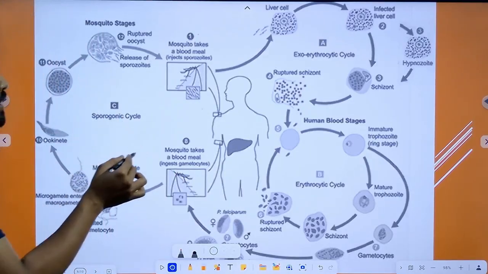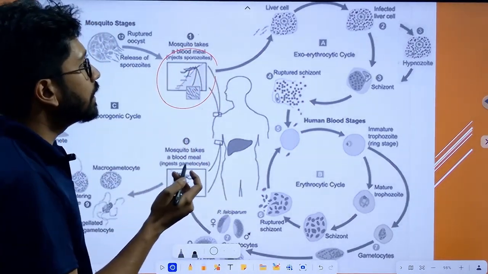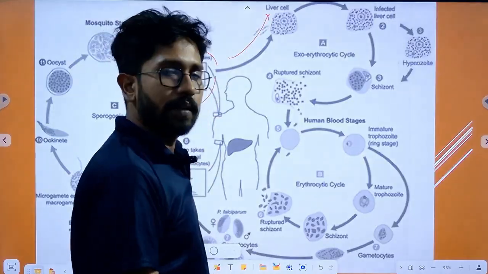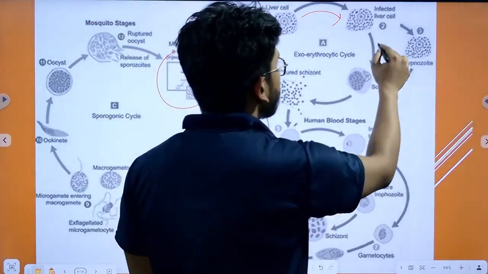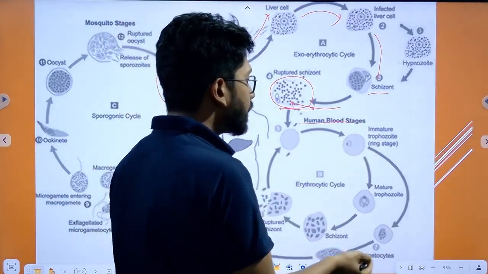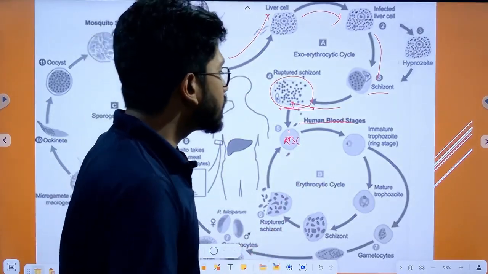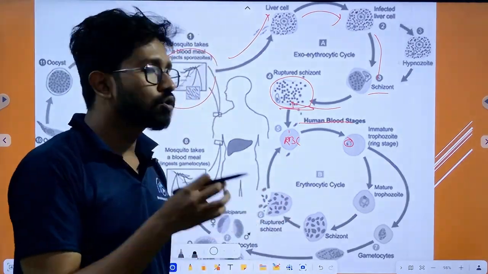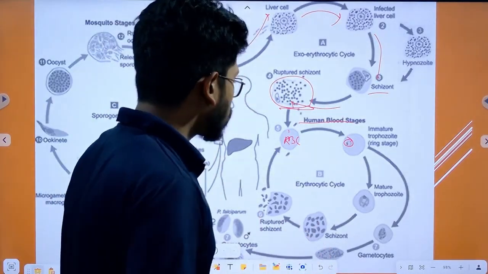If we see, we will start here. A mosquito is biting the human, and as they take a blood meal, the sporozoites get into human blood. These sporozoites then travel to hepatocytes, or liver cells. In the liver cell, they will mature and form merozoites. These merozoites will get into human blood, and then they will infect the RBC. Inside the RBC, they will form ring structures. Another important thing: this ring structure where the merozoite is in the RBC is sometimes called a signet ring. Remember this, because sometimes they ask again in short questions.